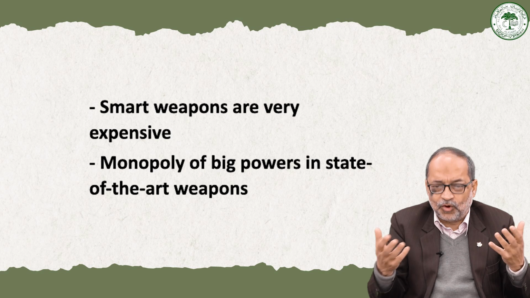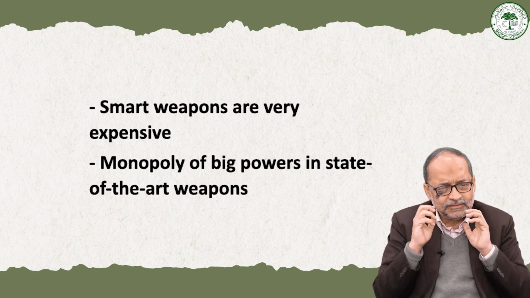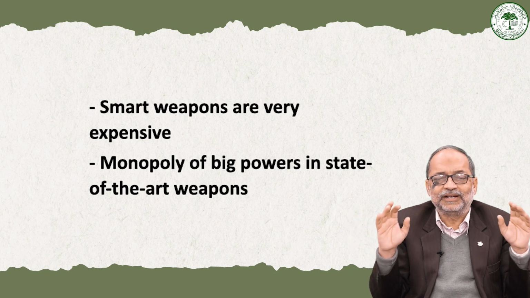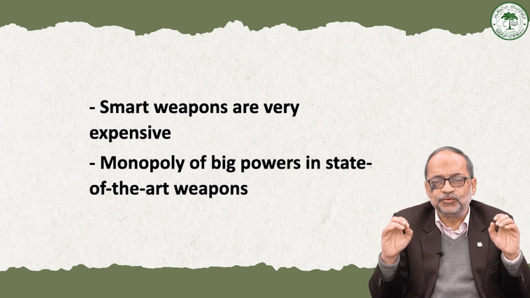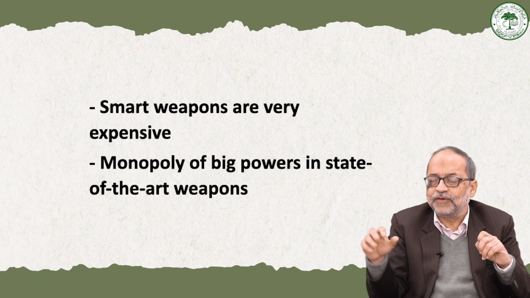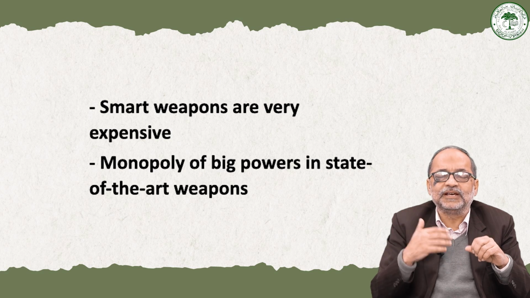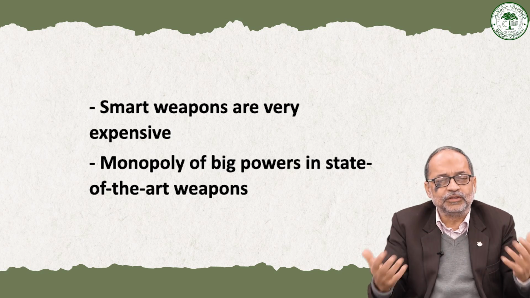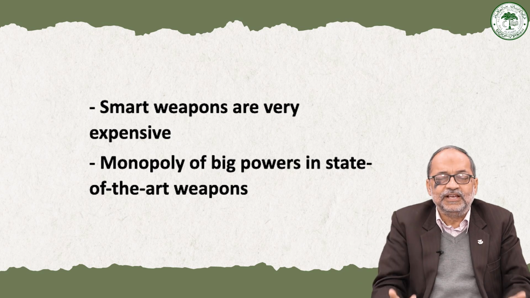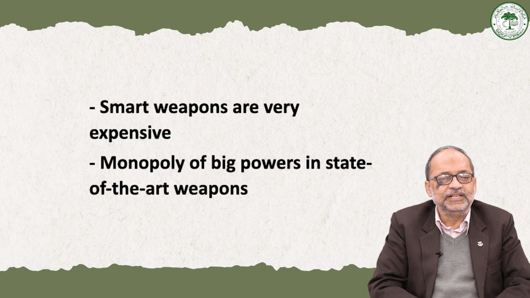Because if you are fighting a war, like it was demonstrated in this very war, America used its air power to the maximum, but that air power or the Air Force cannot get you control of the territory. So when you want to control that territory, you have to get on the ground. Because when you are in the air, your casualties are relatively lesser. But when you go on the ground, you have to suffer a lot of casualties because the adversary is also there to fight you, even if you have better weapons. But you are face to face with the adversary.